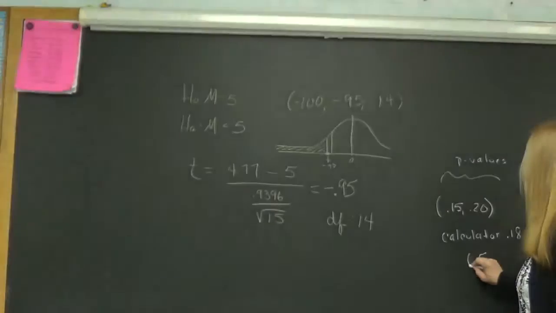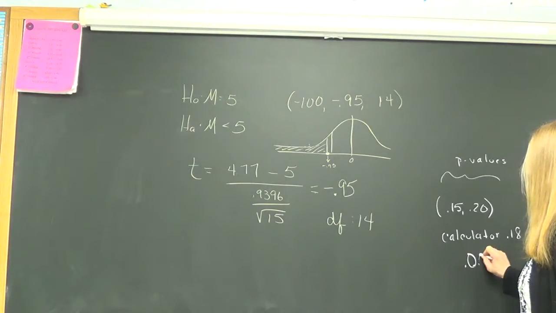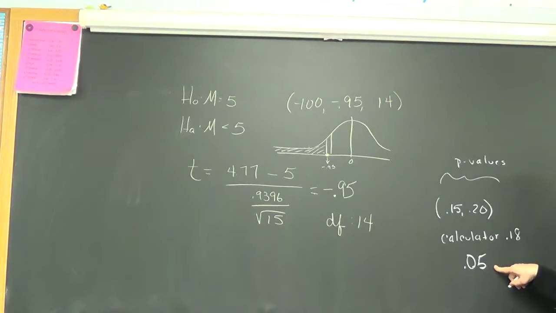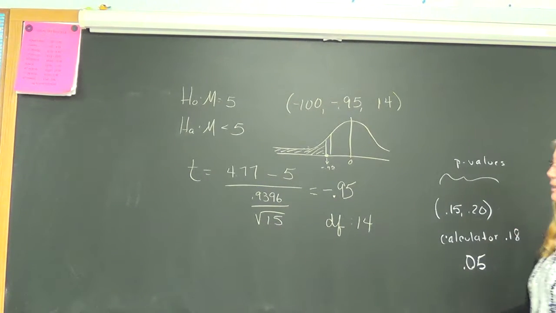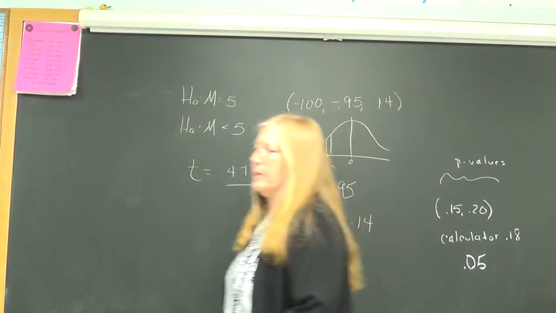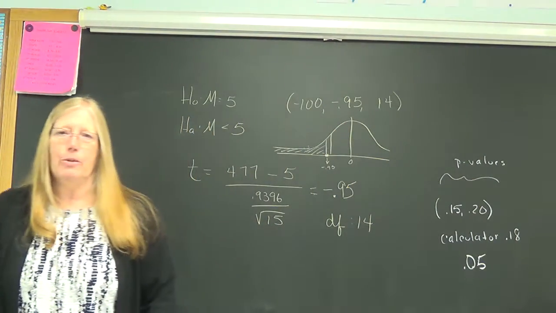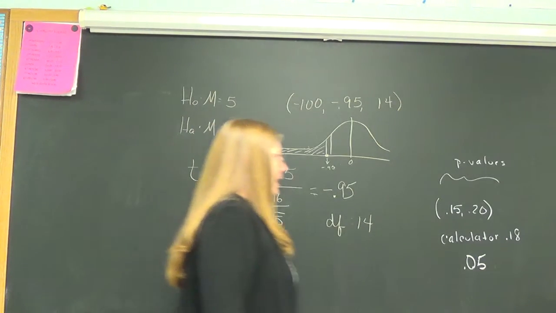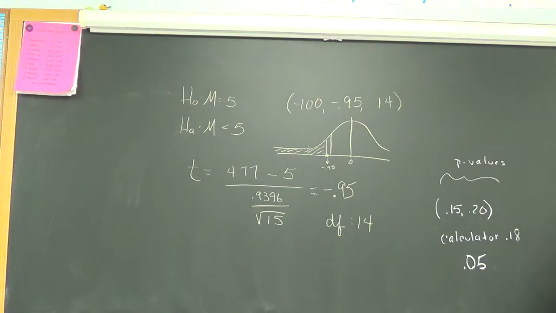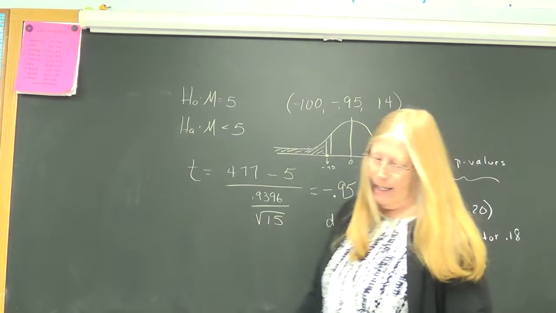If the probability is lower than 0.05, it's so rare that we would reject the claim. But this is quite a bit higher than our cutoff point, so it could happen by chance, by natural variability. So we fail to reject, which means we could possibly make a type 2 error. That's always a possibility when you fail to reject.